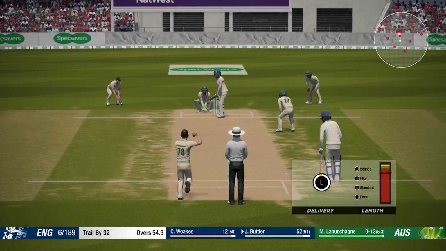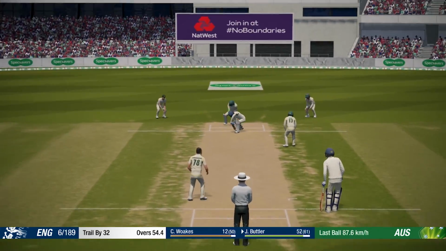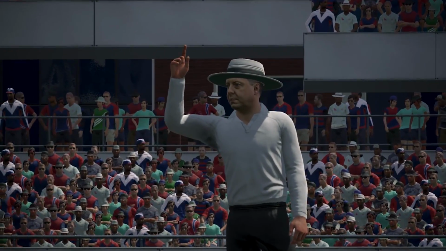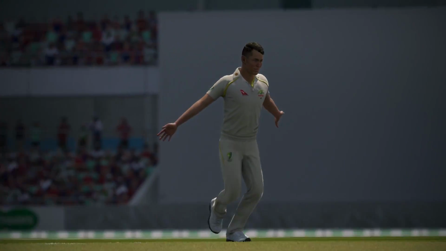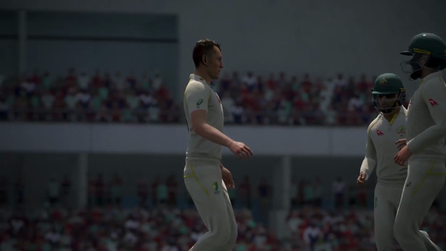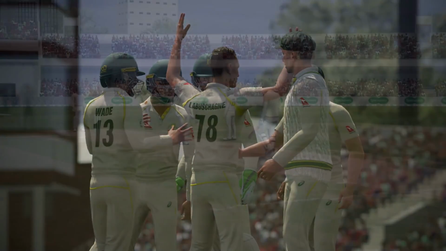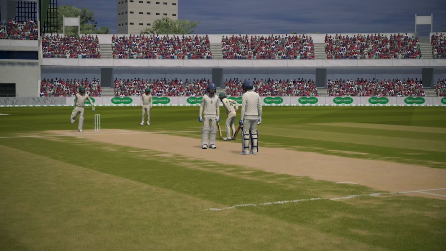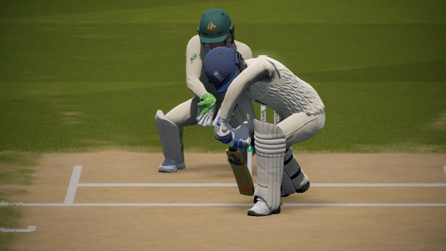There. Oh, Labuschagne into the attack. And he's got the edge. He's got the wicket. So spin today, providing the goods for Australia. First Nathan Lyon, now Marnus Labuschagne. And Australia have got another one.